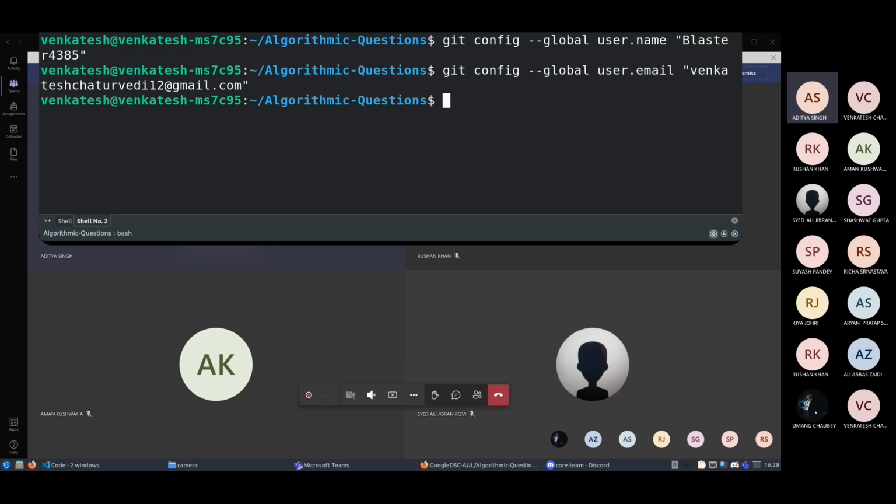You just have to push it and create a pull request. Okay, so how do I push it again? You just type git space push and press enter.